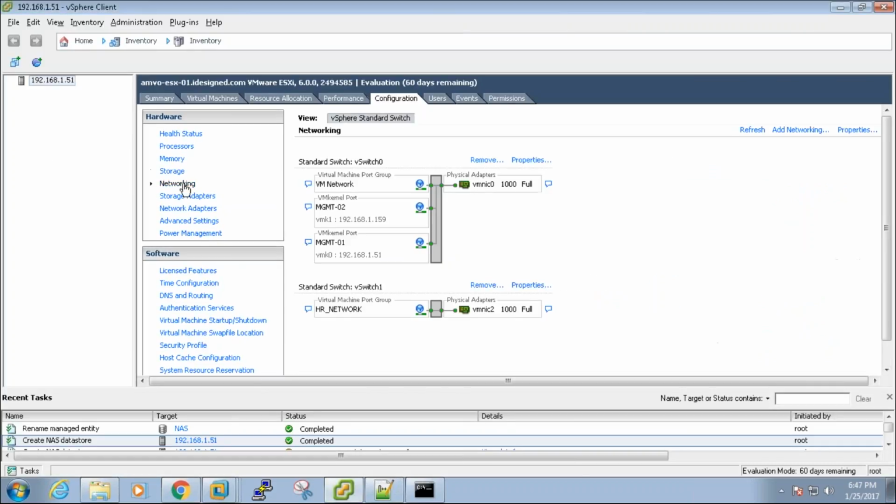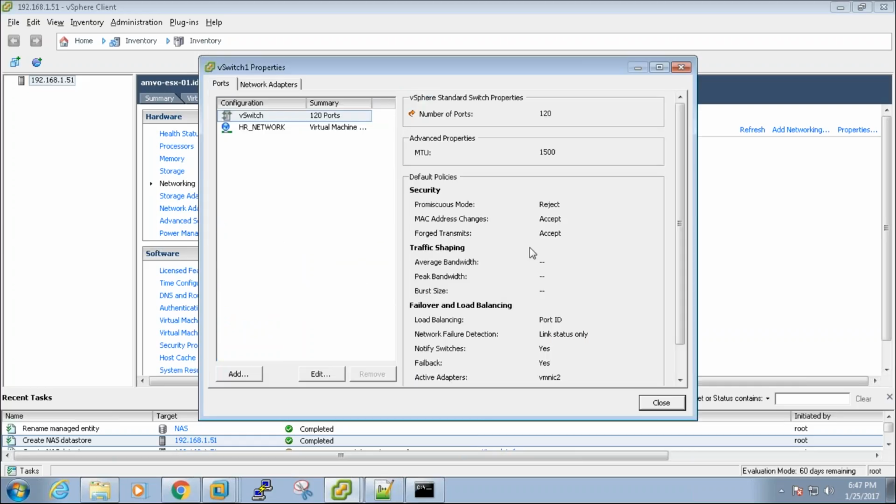Then when you come to here, guys, one thing that you need to remember is I told you there are two types of connections here. One is the virtual machine connection, the other is the VM kernel connection. The VM kernel connection is used for storage access, vMotion, and a couple of other things. So today we are talking about configuring the storage to your ESX server. This is an iSCSI storage, and iSCSI storage works on your Ethernet.